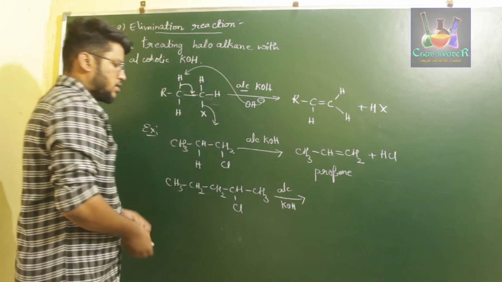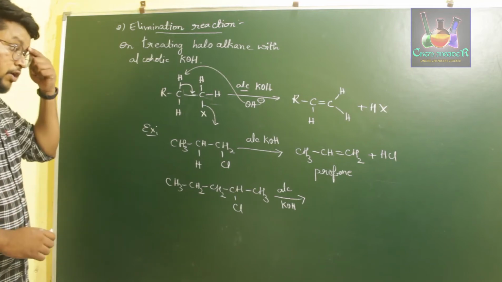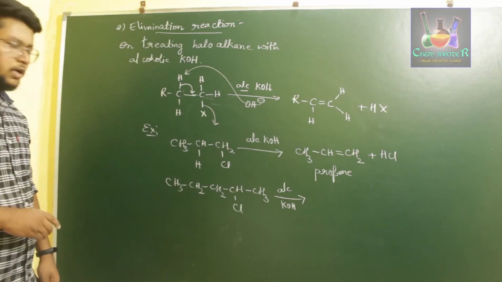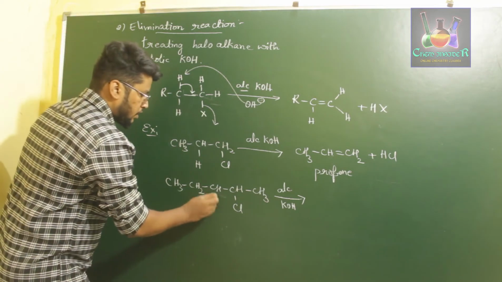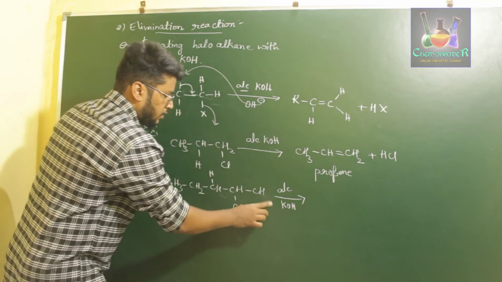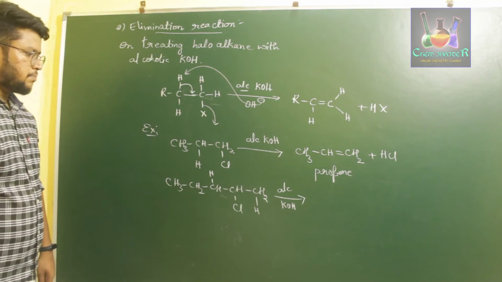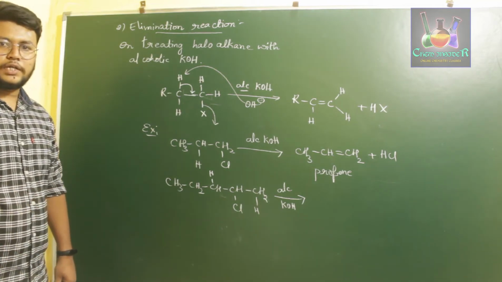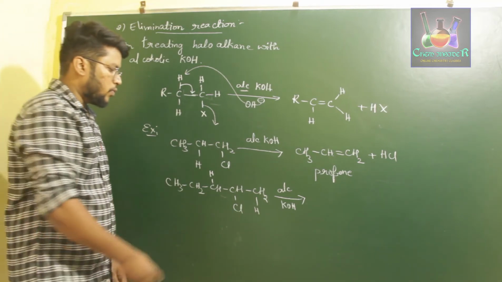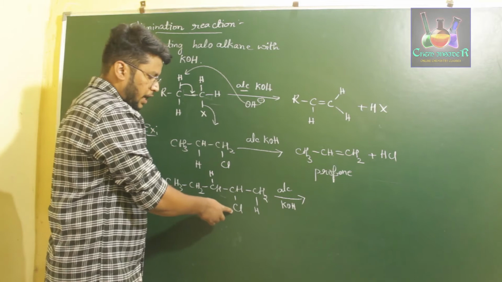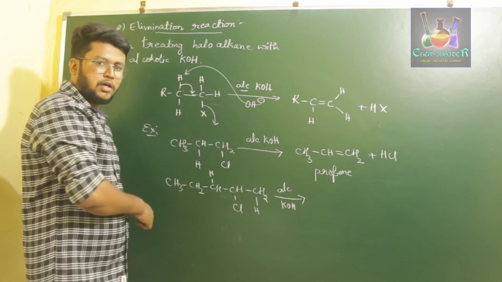So now this is again a haloalkane treated with alcoholic KOH, but if you observe here, we have two alpha carbon atoms, or we can say that we have more than one alpha hydrogen. So here we have one hydrogen and again we have a hydrogen over here. So we have two alpha hydrogens present on either side of the halogenated carbon, so it might result in giving us two products. In one, the halogen will be reacting with the alpha hydrogen on the right side. In the other, it will be reacting with the alpha hydrogen on the left side.